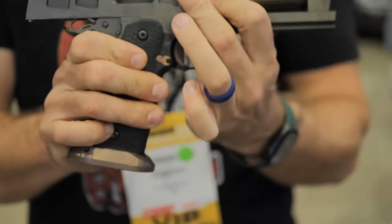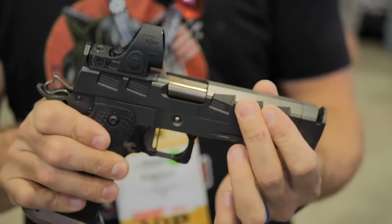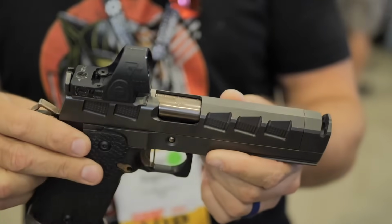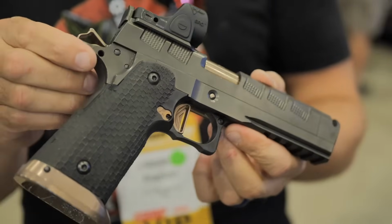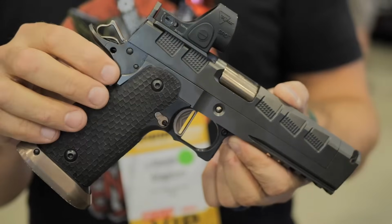Now I know some of you are going to think about the recent finish issues you've seen on other firearm manufacturers, and I can't guarantee that it's going to hold up, but that prototype, according to the guy at the show, is supposed to have over 10,000 rounds in testing, and the PVD looked almost as good as the day they put it on. And they're PVD coating everything in the gun, not just the slide and frame and barrel,